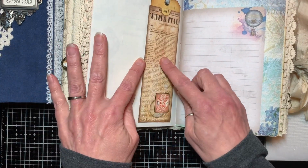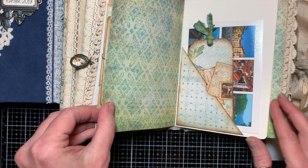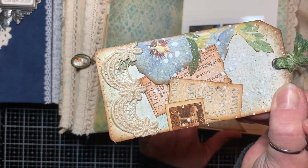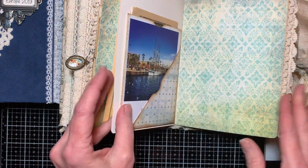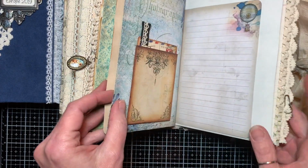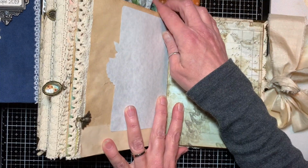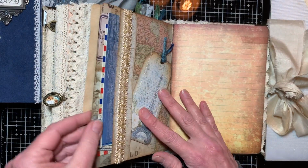Same. The pocket's a little different here, and this tag is a little different. The other one had a butterfly. This one has a flower. And same, same, until you get to the pocket. Sorry about that. The pocket folder